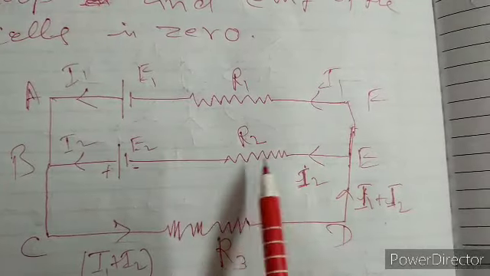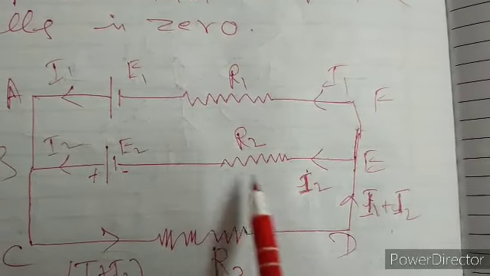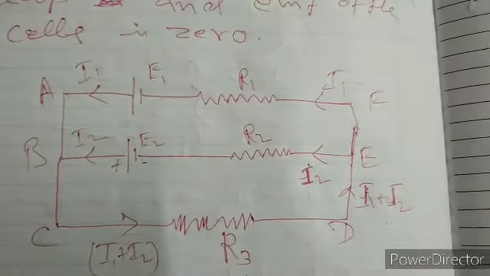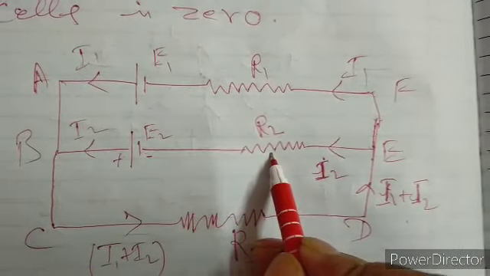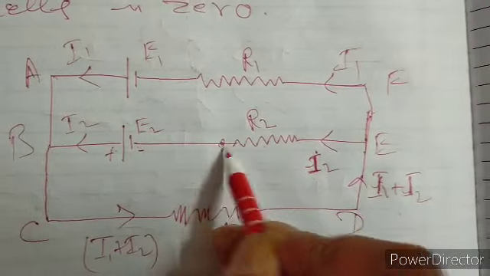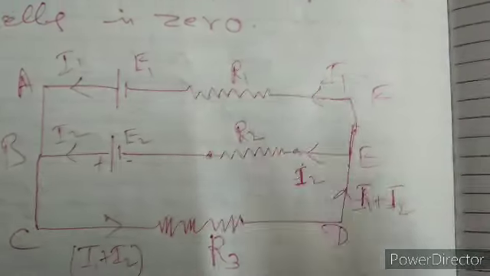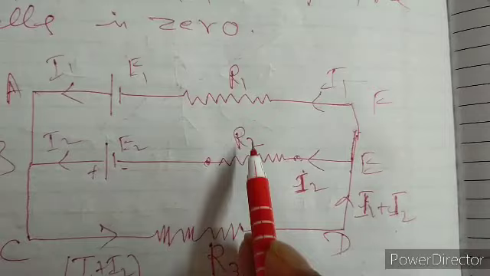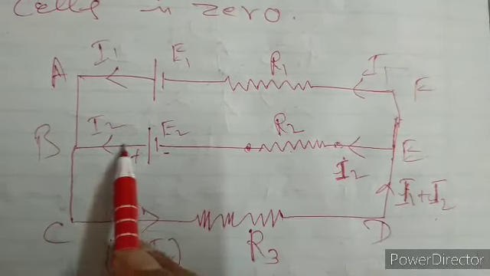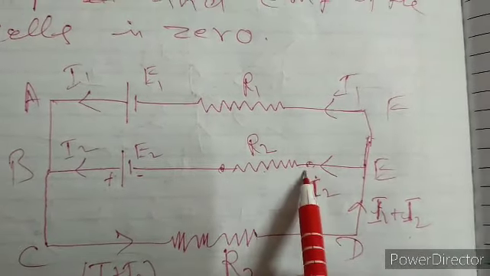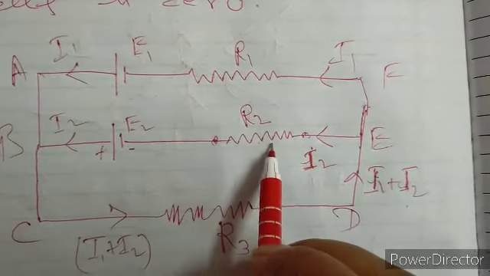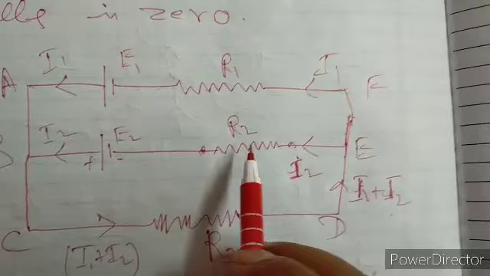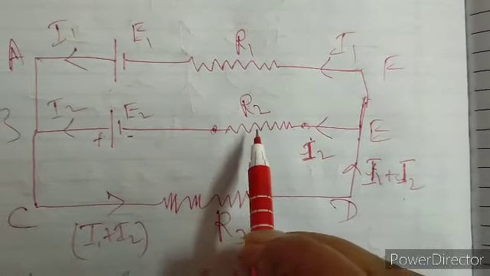Then we are moving towards E. Now we come across a resistance R2. When we face resistance R, we know that at the resistance we will get potential difference IR about this point. Current is I2 and resistance is R2. Then voltage will be I2 R2. Then at this point the voltage is I2 R2. Now what do we have to take, positive or negative for this?